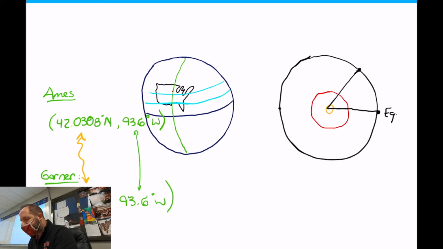Instead of the equator, let's say this is Ames and this is Garner. Garner's further north. Garner was at 43.1 degrees north, and Ames was at 42.03 degrees. So there's a difference of about 1 degree, a little bit extra. If I subtract that 43.1 minus the 42.03, the difference in that angle is 1.07